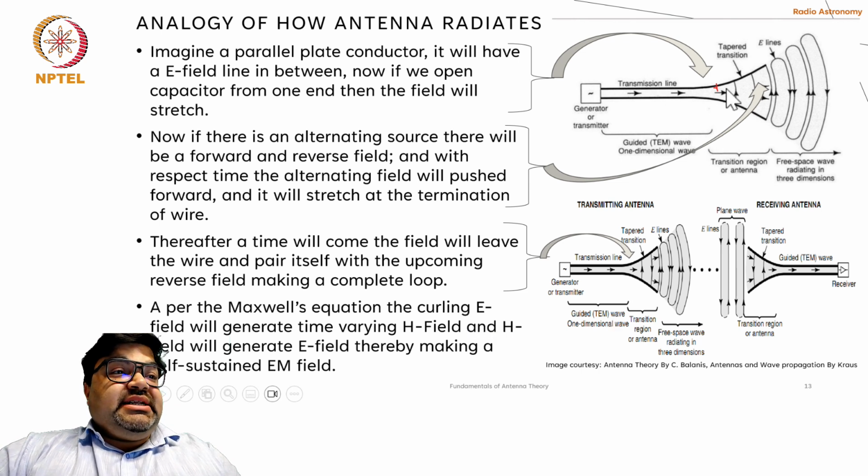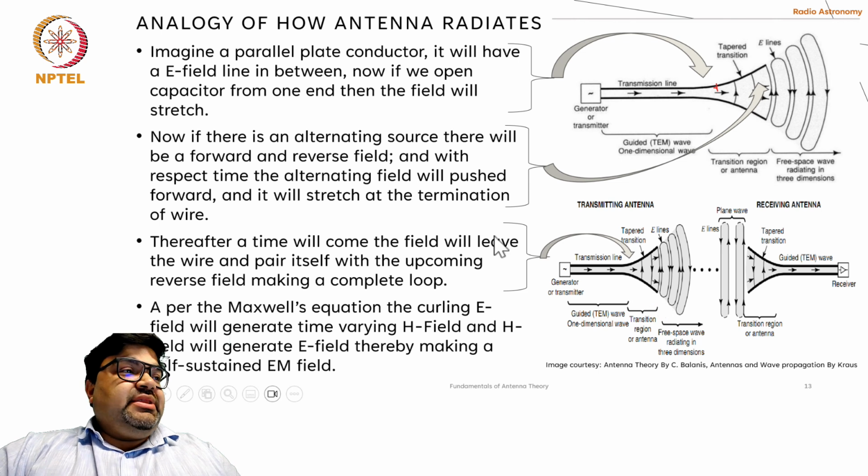So this is a transmission line, the current was flowing and it starts bending. So the field lines keep on curving, stretching, and finally at the end it cannot stretch anymore, so it detaches from the radiating body into the free space, and that's how communication starts happening. So this is a very basic structure of